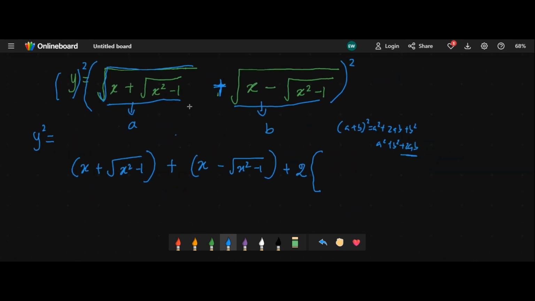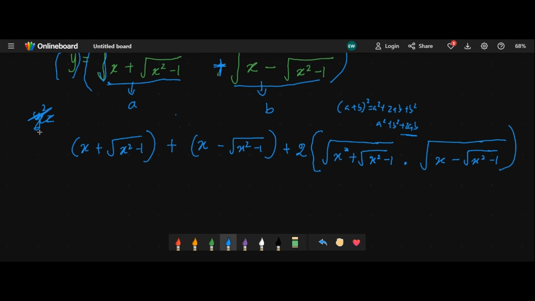What is A, this one? So it will be x plus root x squared minus 1, into x minus square root x squared minus 1. Finished. So y squared is here. Now let's try to simplify this. Y squared is equal to,